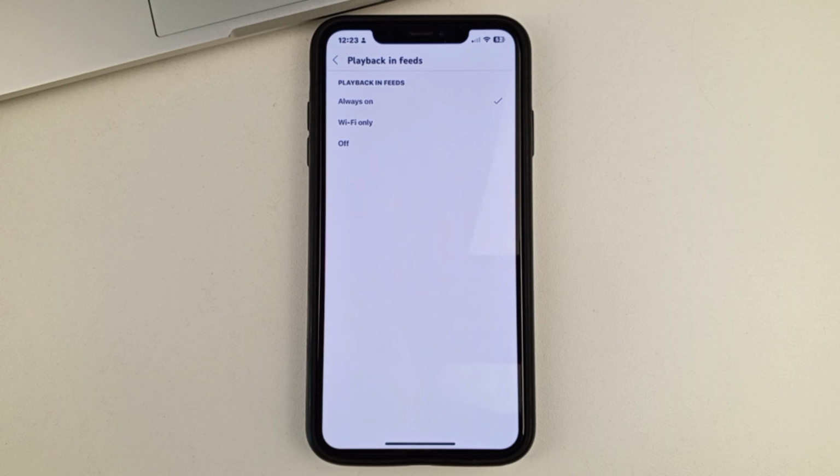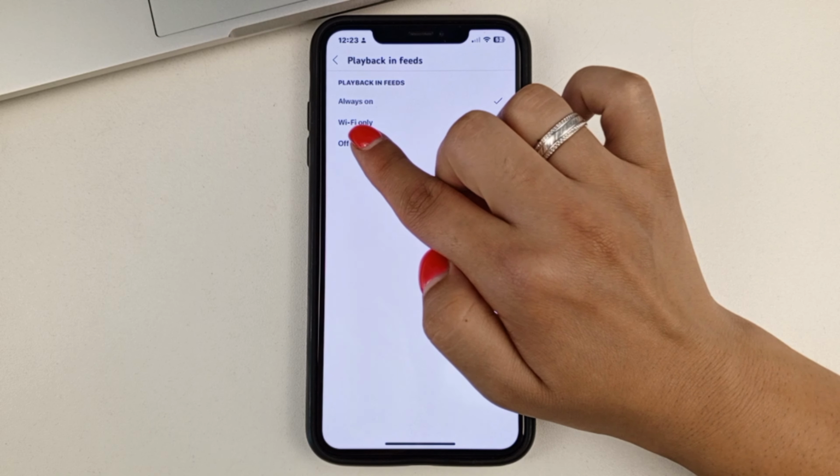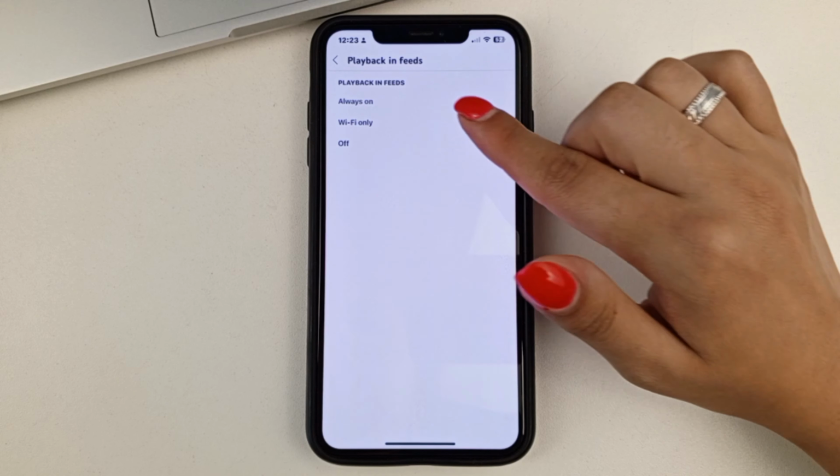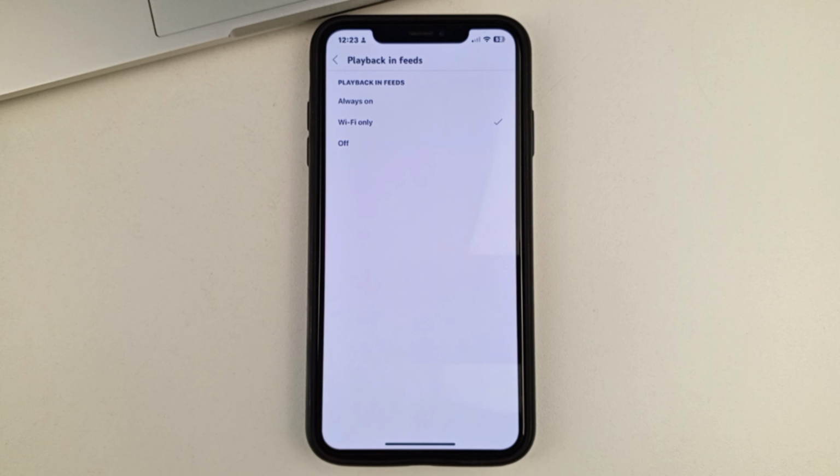And if you have the very first option enabled, which is Play Always, then of course the videos will always play when you're scrolling through them on the YouTube homepage. To avoid this, you need to either disable it completely by clicking on Turn Off, so the videos will never play at all, or you can choose to only play videos over Wi-Fi. This will help you save your mobile data, because the videos won't play when you just go over the mobile internet to YouTube, but will only play when you go to YouTube over Wi-Fi.